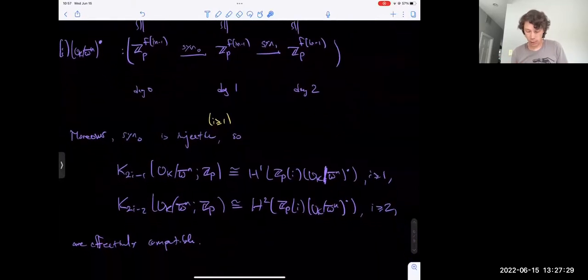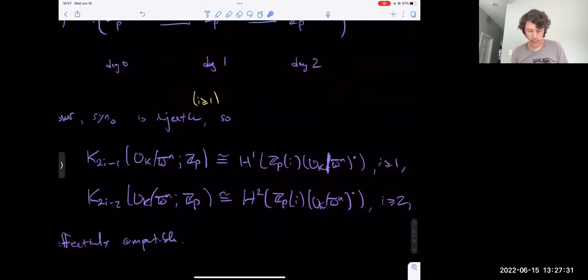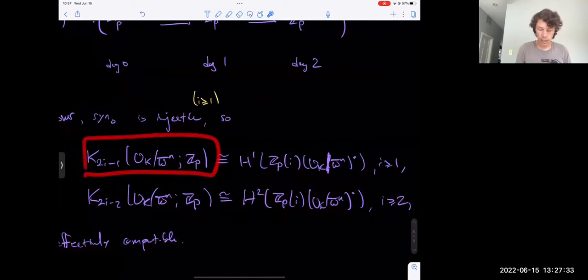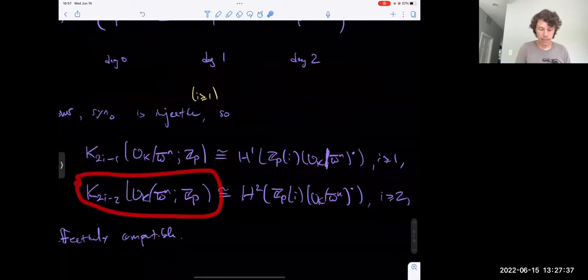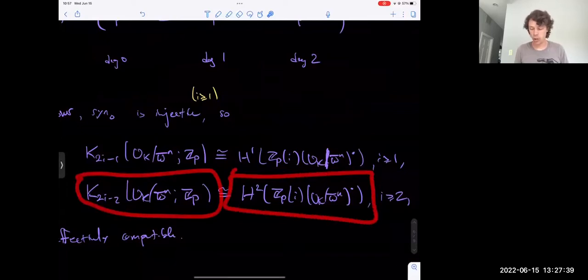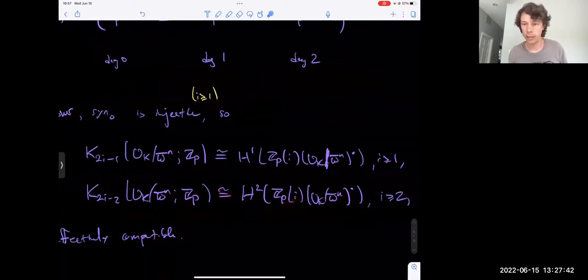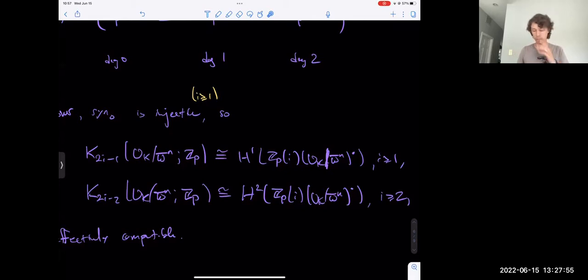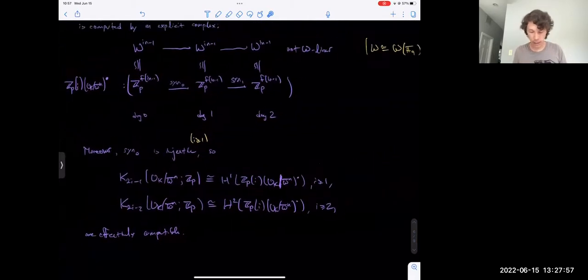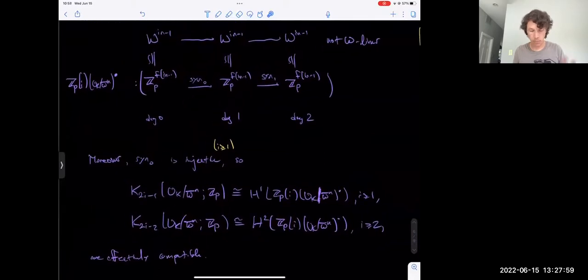So what that means, in fact, if you unwind things, is that K_{2i-1} is just the degree 1 cohomology, and K_{2i-2} is the degree 2 cohomology in an appropriate weight. And that means that all of these groups are effectively computable. So in any given range, for any O_K mod pi^n, one can just compute the groups. Okay, so that's the main theorem,